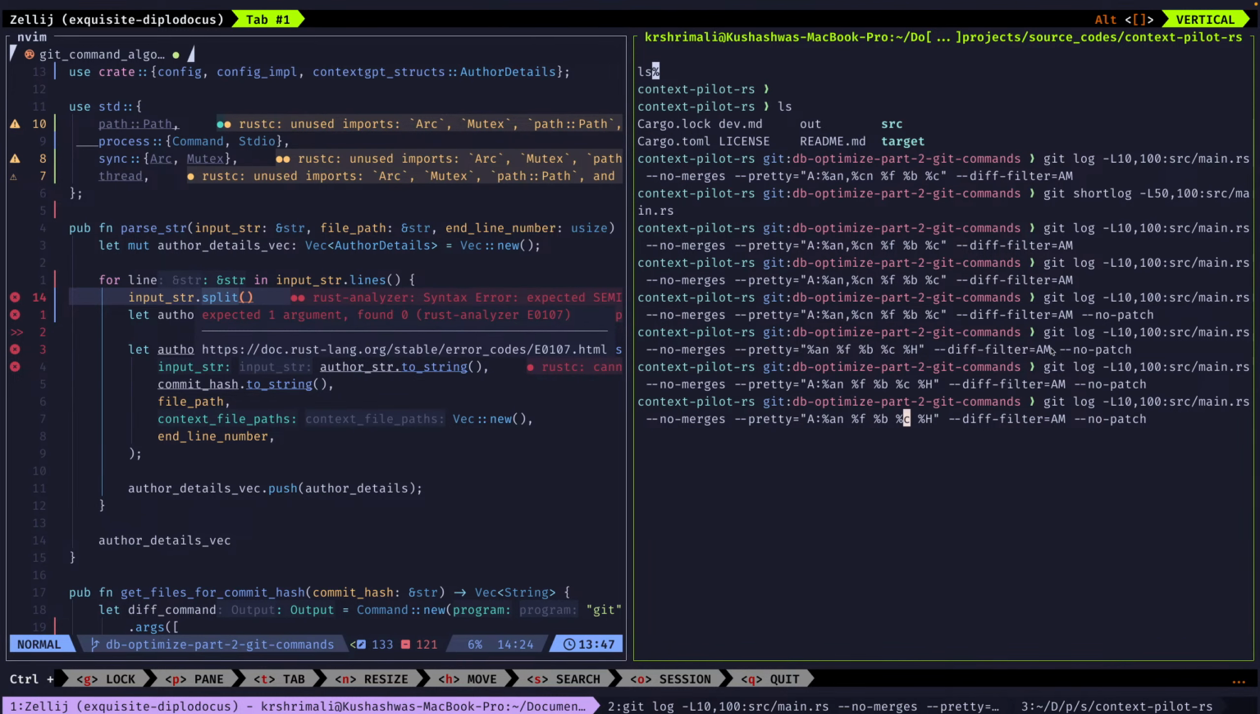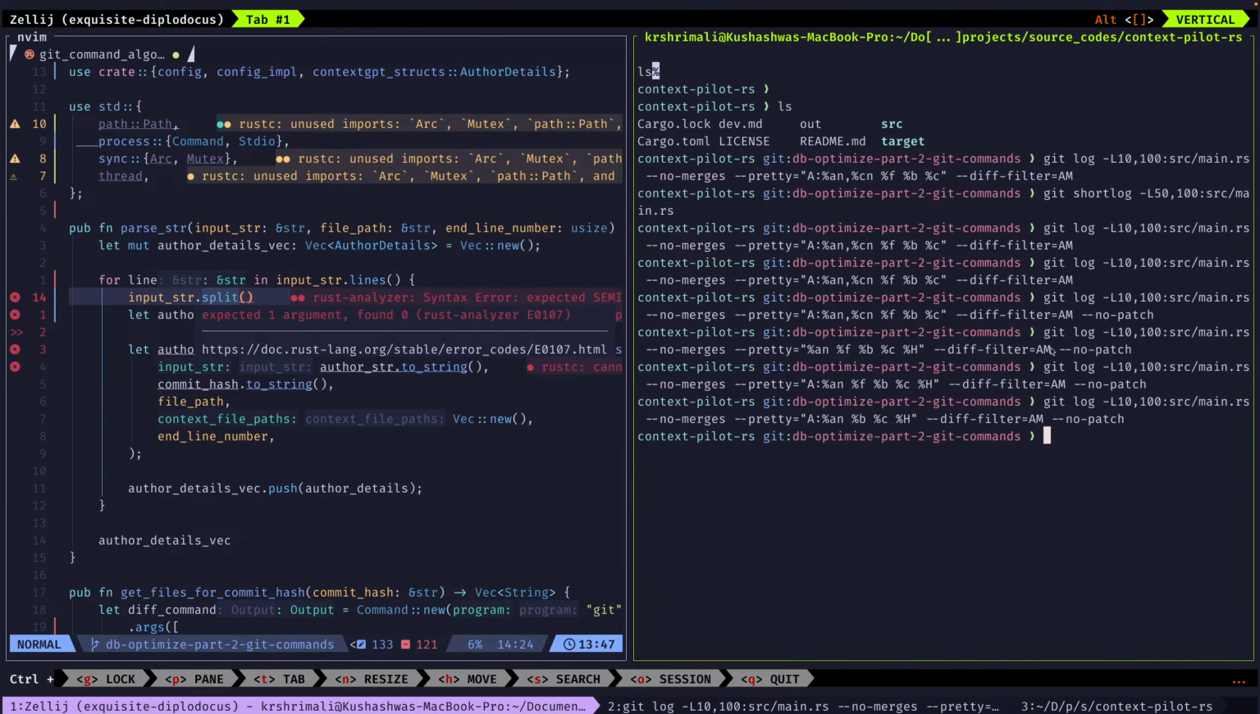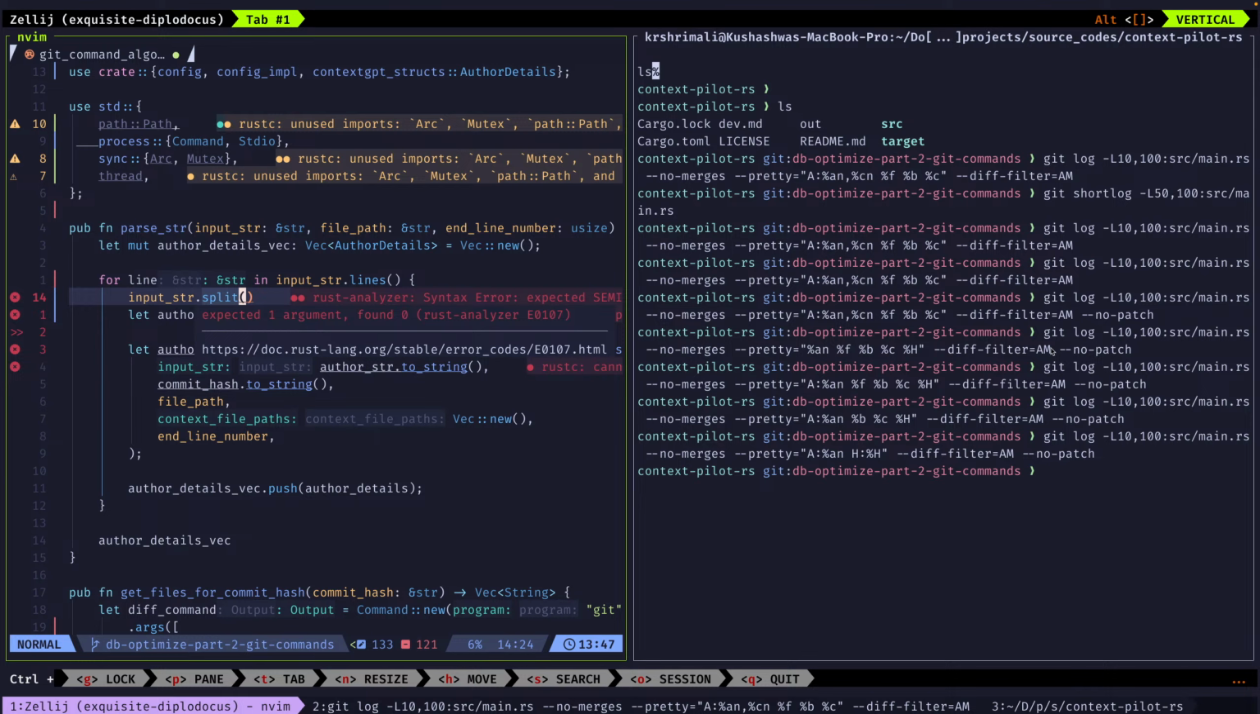%f we don't need. %b, what is %b, guys? Do you guys remember? What was %b? Oh, it was some description if we have, is it? So we don't need %b and %h. We only need hash. Yeah, there you go. So what we can do is we can say,